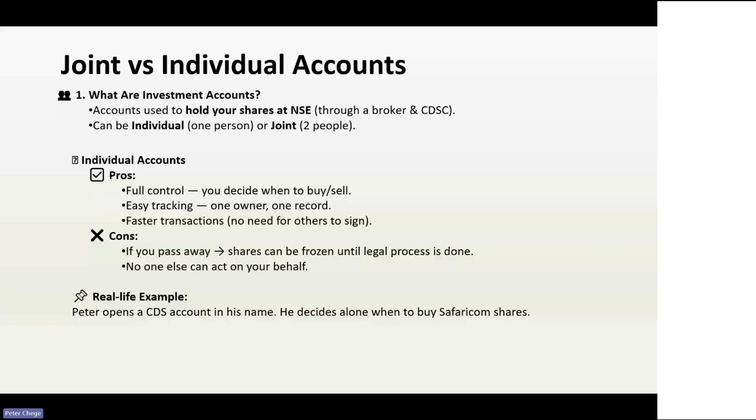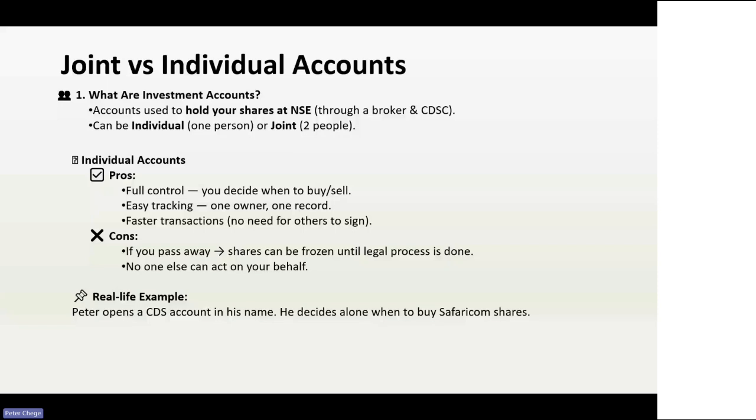So joint is two people. These two people can be either spouse, two family members, maybe brother, sister, or parent with brother or sister. It could also be you and your kid, if they are over 18. If they are under 18, then it is called a minor account. So joint is for two